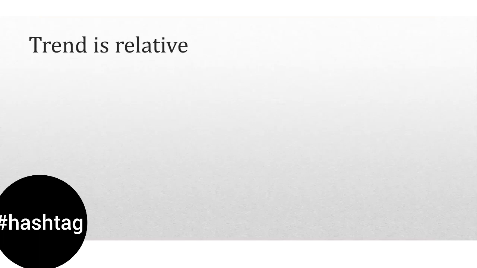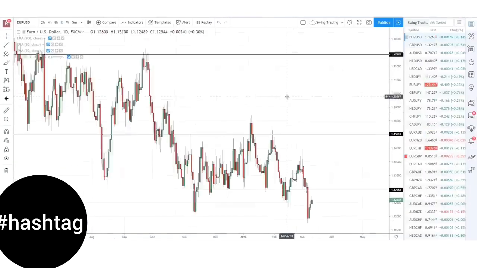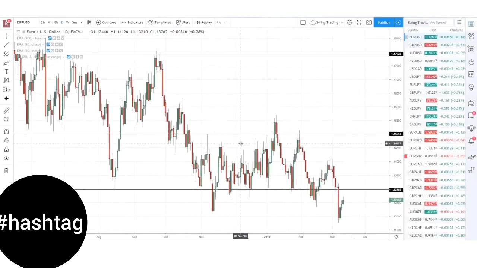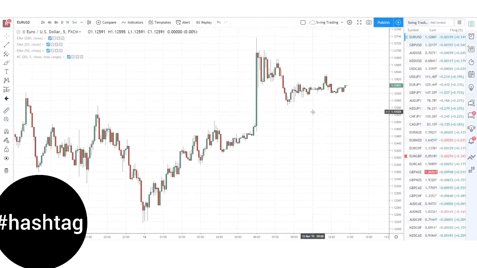For example, here's an example. Let's say this one over here. You can see that EUR/USD is in a downtrend, right? This is the daily time frame. And if you look at the 5 minutes time frame, EUR/USD is in an uptrend. So can you see that there is this discrepancy over here? But the thing is that there really isn't any discrepancy over here. The thing is that trend is relative because it all boils down to the time frame that you are looking